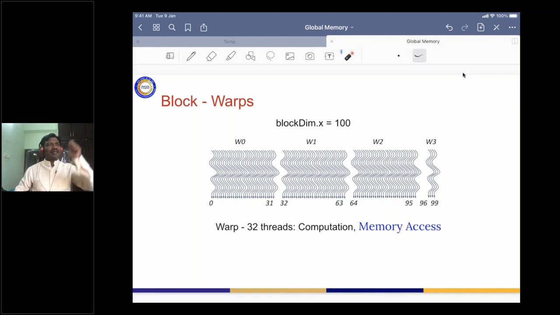Some thread is going to access from somewhere, and another thread wants to access from somewhere else. They understand each other and ask: can we access all of these memory locations together? That is what warps doing either computation or memory accesses together is about.